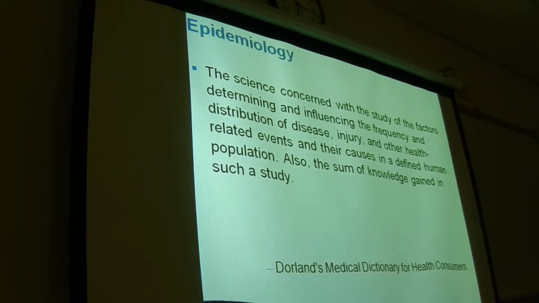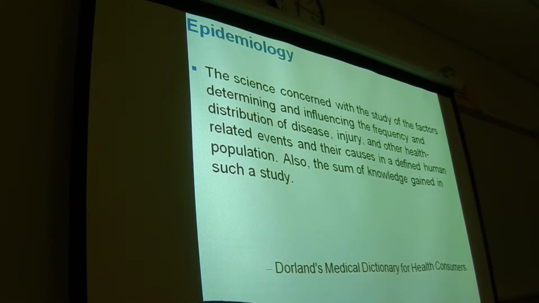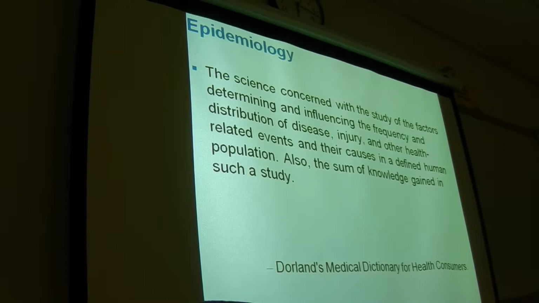Okay, so epidemiology is really the study of disease, not from a scientific aspect as much, but where the disease comes from, the distribution of the disease, the frequency of a disease, what causes the disease. Not just that this strain of bacteria causes this disease, but are there certain types of people that are more likely to get that disease? Is there a geographical region where more people are likely to get this disease? So it's, again, more of the social aspects of the disease as opposed to just the scientific part.